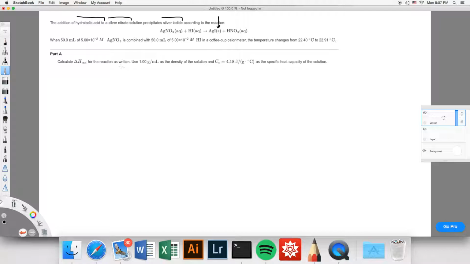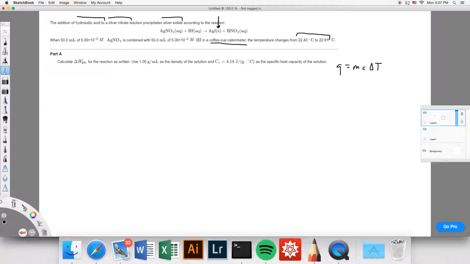All right. When 50 mL of silver nitrate is combined with 50 mL of blank in a coffee cup calorimeter, the temperature changes from this to this. All right, so the first thing I think of with a coffee cup calorimeter is Q is equal to mC delta T. So we get this reaction going on inside a coffee cup calorimeter. And the reaction itself is the